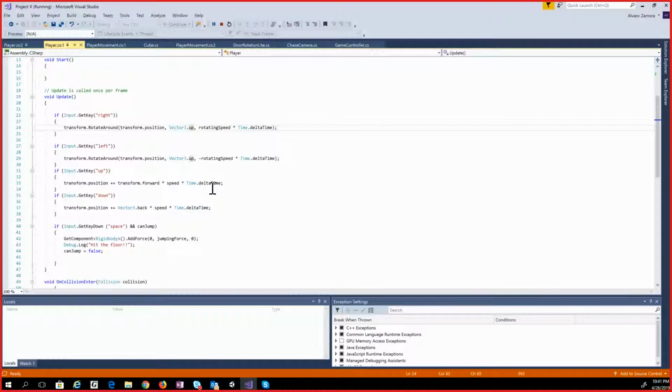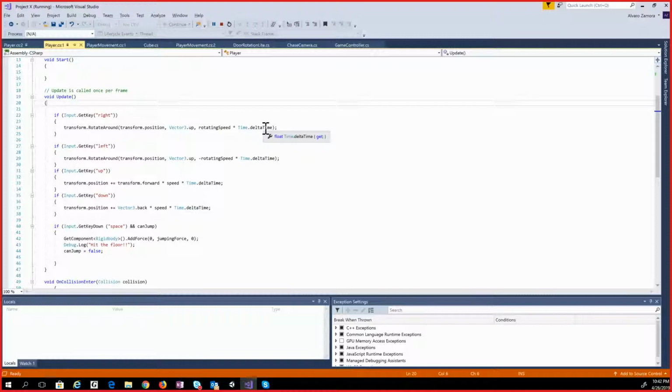Machines with less processing power will have fewer frames per second, so it would be unfair since we're multiplying, and it depends on the operating system. Remember, what is the update method for? The update method happens every frame. If you have 60 frames, you have 60 calls of the update method. If you have 20 frames per second, you only have 20, so it will be unfair. So the delta